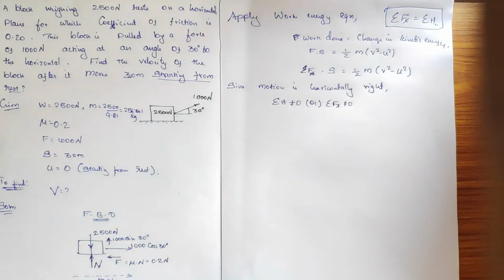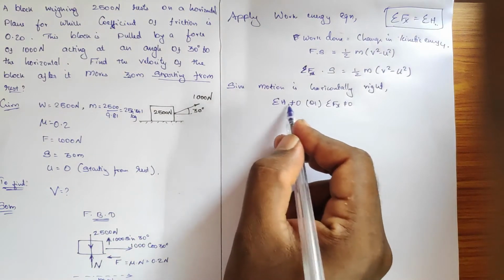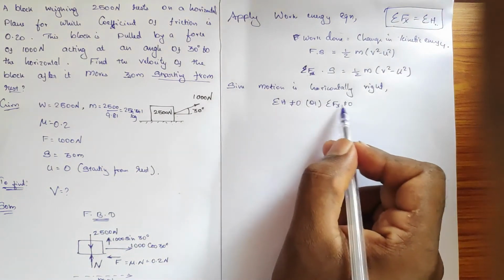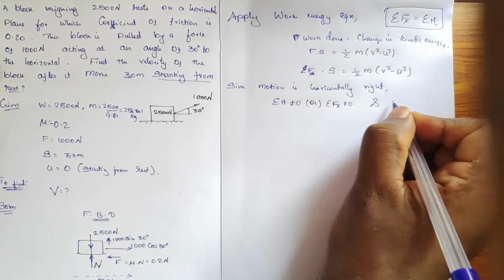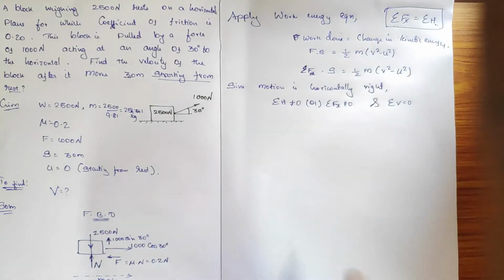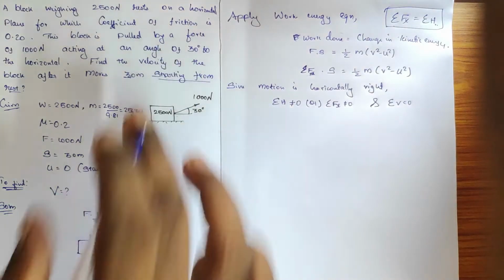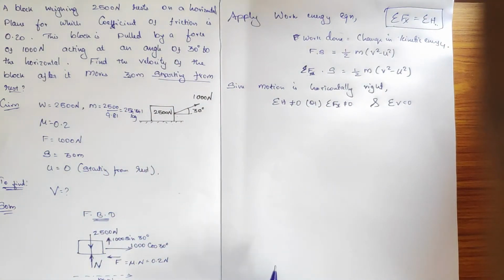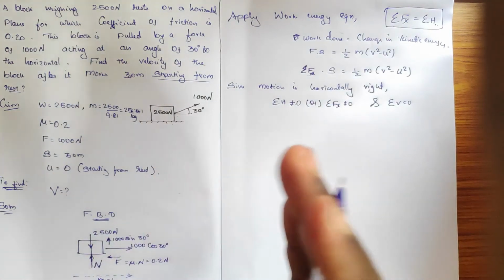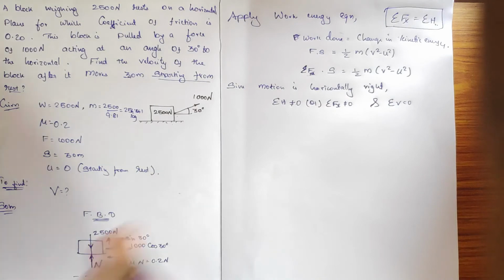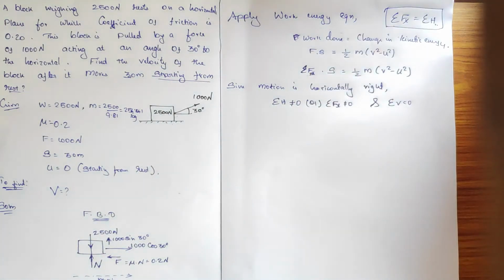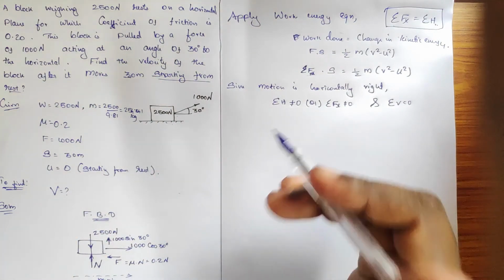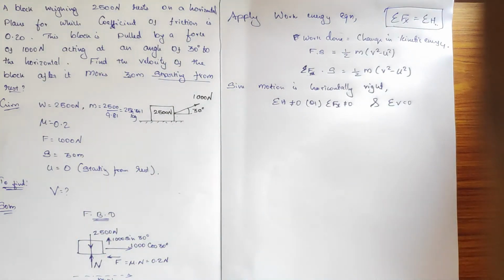Both are the same. In terms of horizontal force, the sum of horizontal force, or the sum of Fx, is not equal to 0. But the sum of vertical force will be equal to 0 because there is no motion in the vertical direction, so it will be in equilibrium. Just like that we need to consider it. So the logical understanding is very much important in the work energy equation. If you do it in the right manner, you will get the right answer.